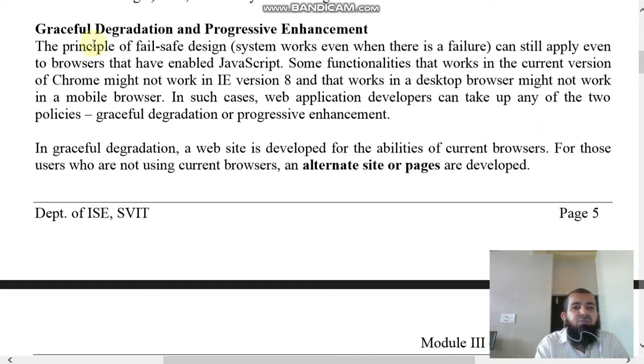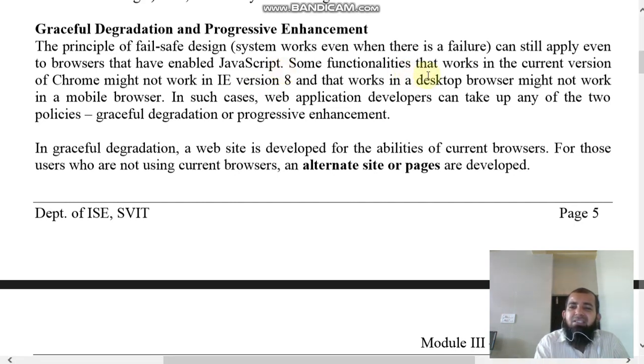Next, graceful degradation and progressive enhancement. The principle of fail-safe design, that the system works even when there is a failure, can still apply even to browsers that have JavaScript enabled.